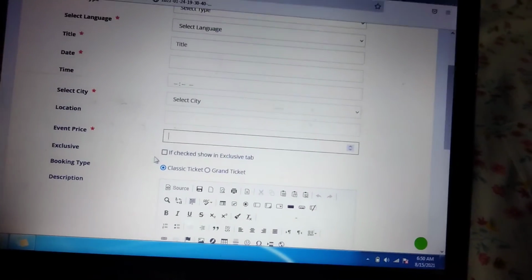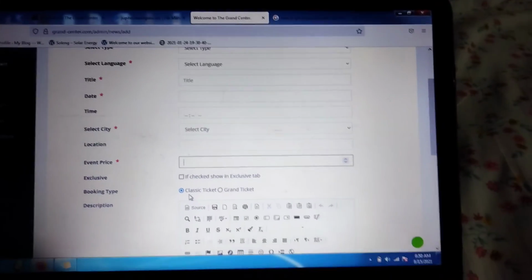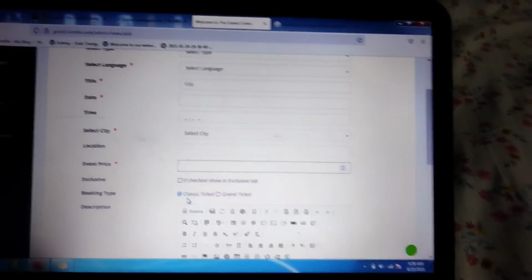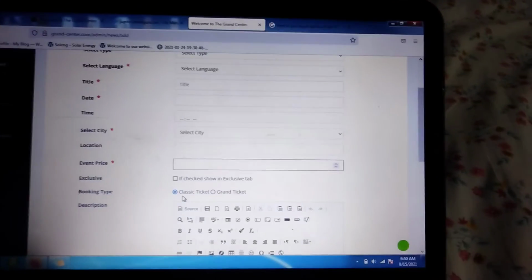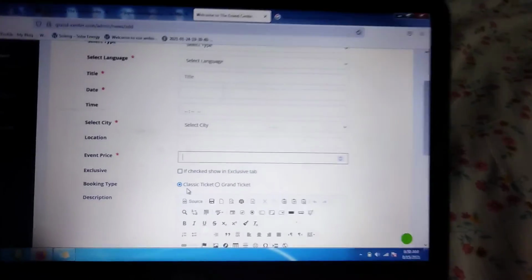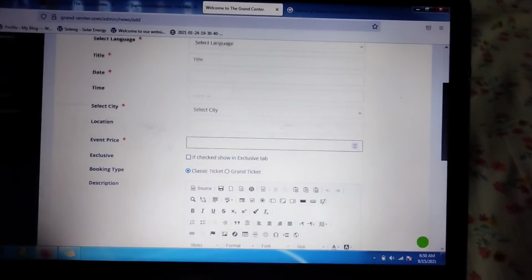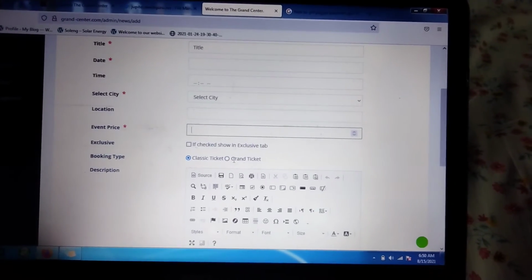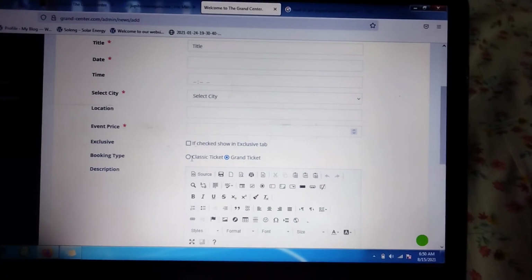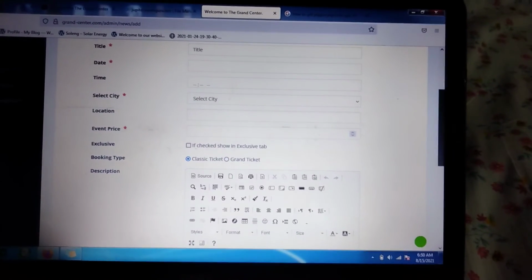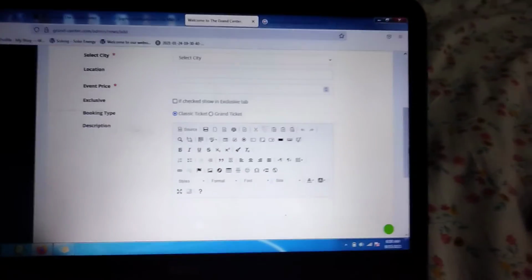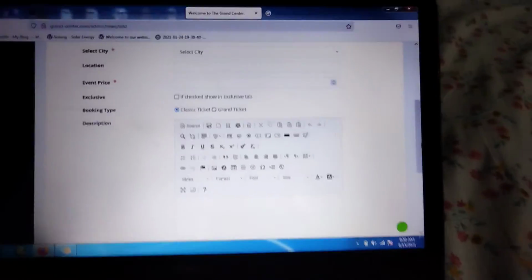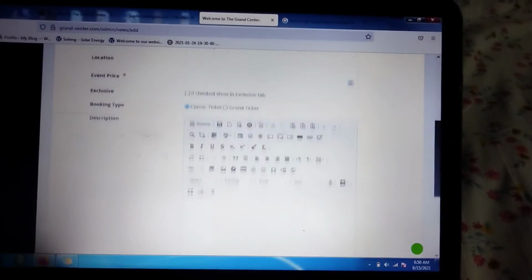Okay, now if you want this event to show in the classic auditorium, meaning you want to move this event to the classic tickets or grand tickets, like you have 650 seats and there are 250 seats. So in whichever auditorium you want to move this, you can just click on the switch button, classic or grand, and you can switch the event. Okay, it redirects there, and all the seats are available for that event for booking for the user and customer. Okay, so you only need to switch the button.